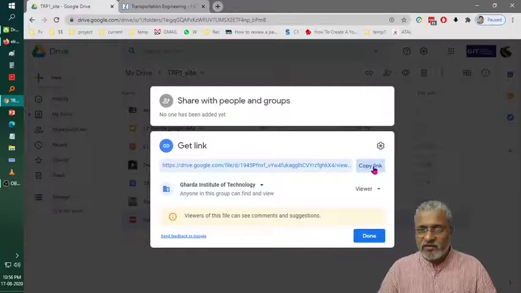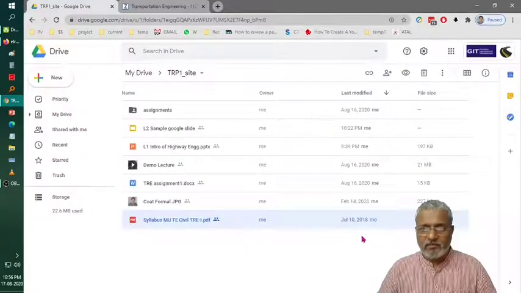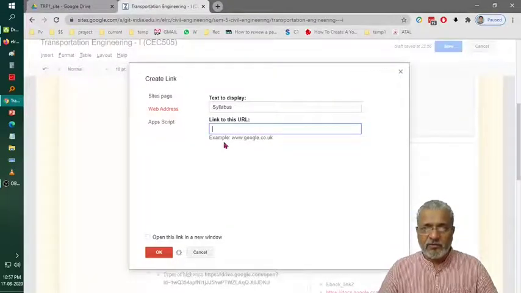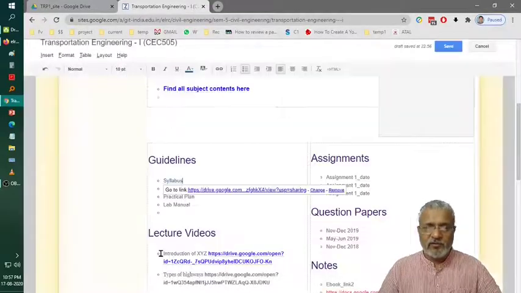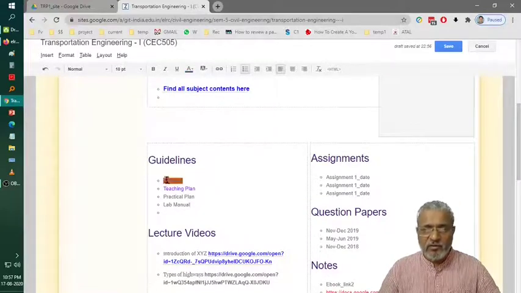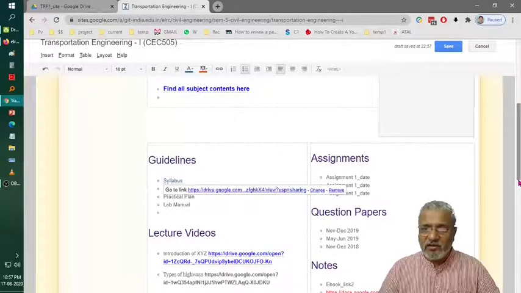Okay, and let us see, done. I copied the address. I will put in the ELRC page the web address. I will select open in new window. Sometimes it is helpful, though most of the time the file opens in a new window anyway. Now here, if you hover your mouse over the syllabus, a visual hyperlink will be created and the student will be able to open the same PDF file in a new window. That can be seen.